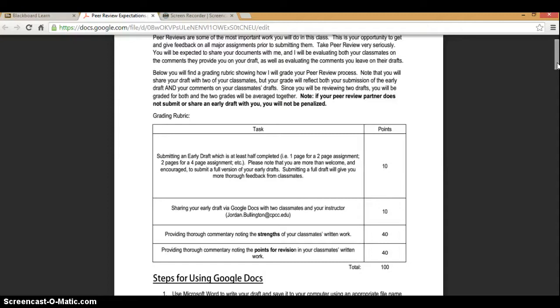I do want to point out that I'm going to be evaluating you on both, that you completed an early draft, that you submitted it online, that you shared it with your classmates, but also I'm going to be evaluating you on the comments that you give other people. So you do have to comment on your classmates' drafts, and I'll be taking the 2 grades. I'll give you a grade for both